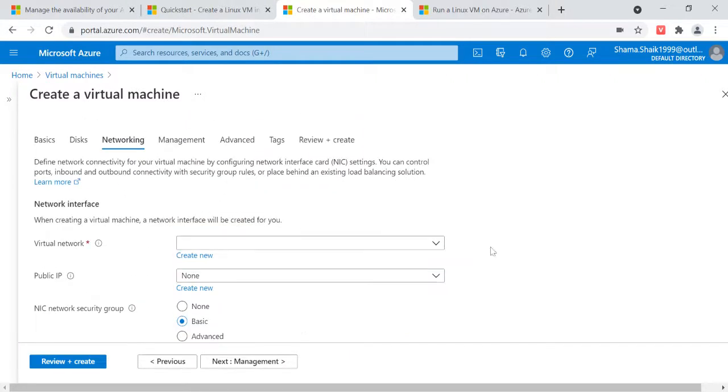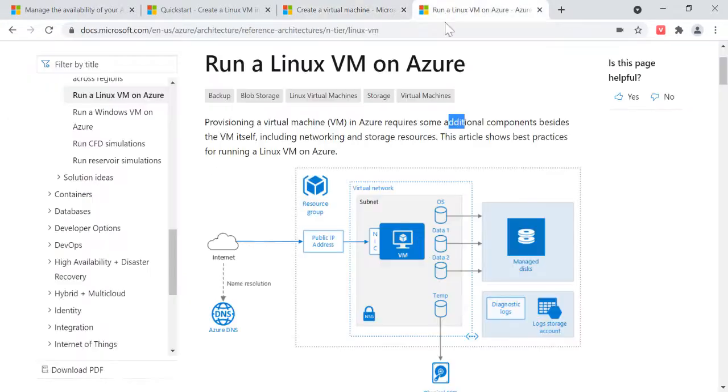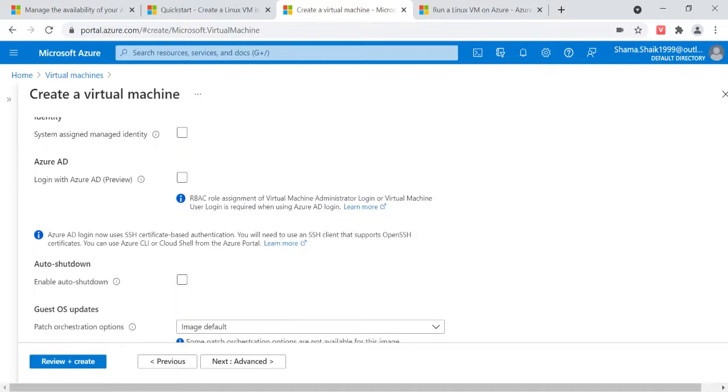Next we have one more thing, the management tab, where you can manage boot diagnostics. You can disable that. We can also enable it with a managed storage account, like we have seen now. The diagnostics should be logged into a storage account, where you can store the logs. So you can give that to the managed storage account. Mostly we recommend this, otherwise what is the use of enabling boot diagnostics? Or we can disable it if there is no need of the diagnostics. So these are the things which are present.